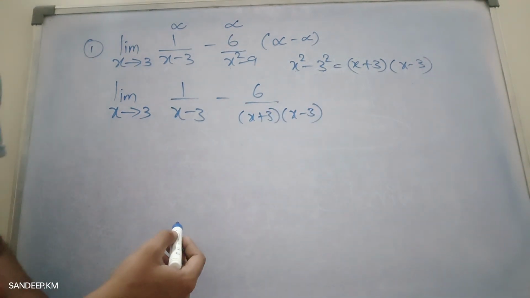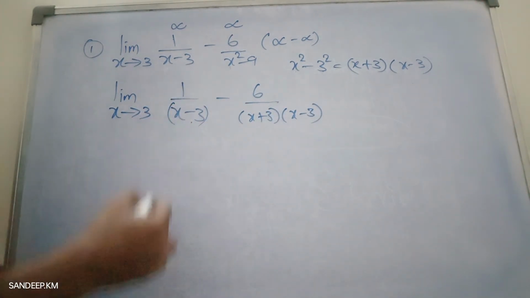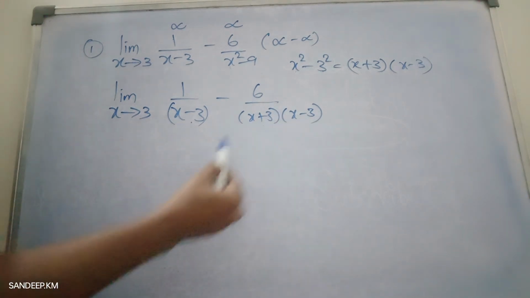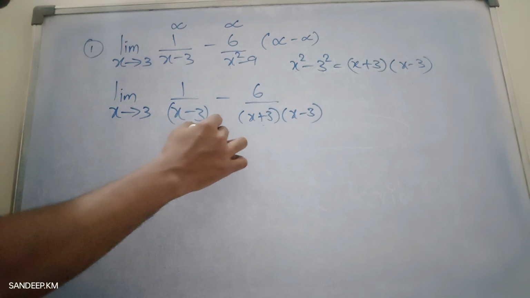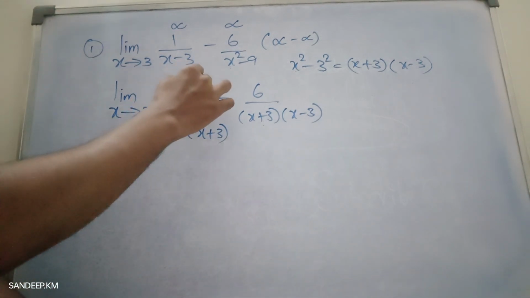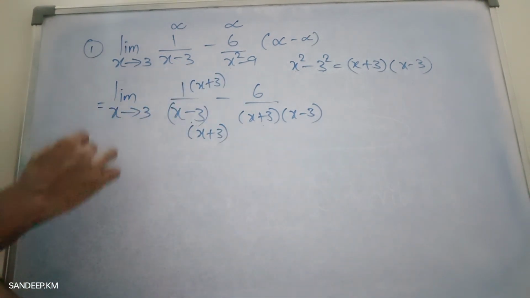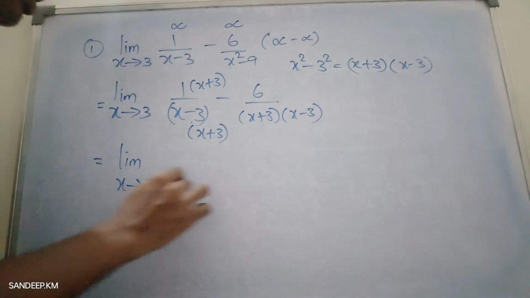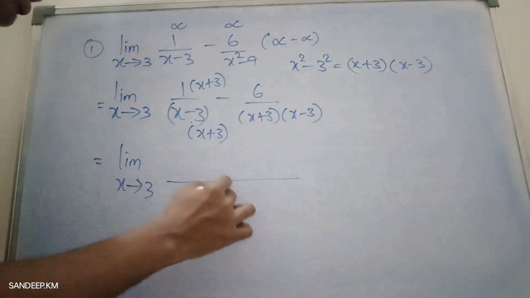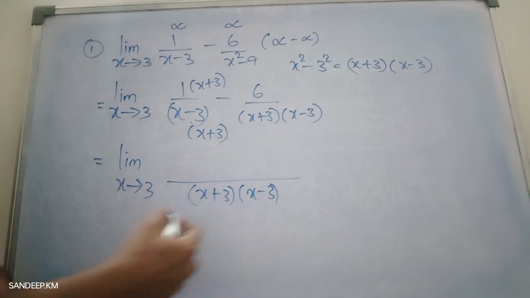And I need a common denominator. Okay, already we have x minus 3 here. I also need x plus 3 in the denominator to get common denominator. So multiply the denominator with x plus 3 and also the numerator with x plus 3. Limit x approaches 3. The common denominator now is x plus 3 into x minus 3 and the numerator is